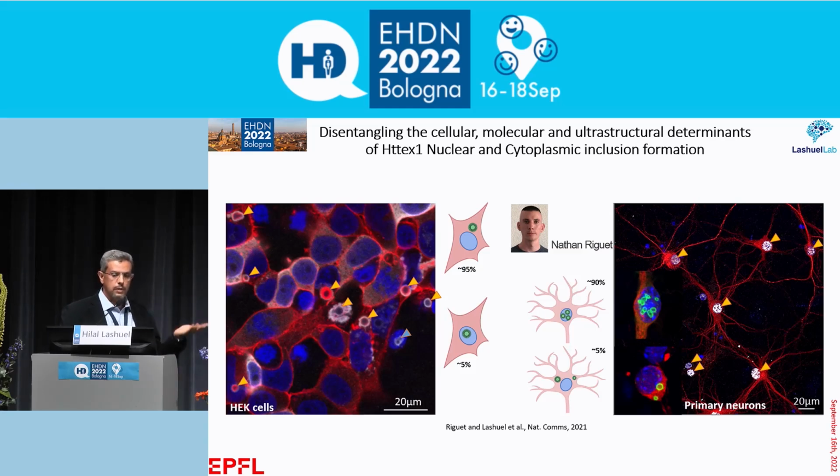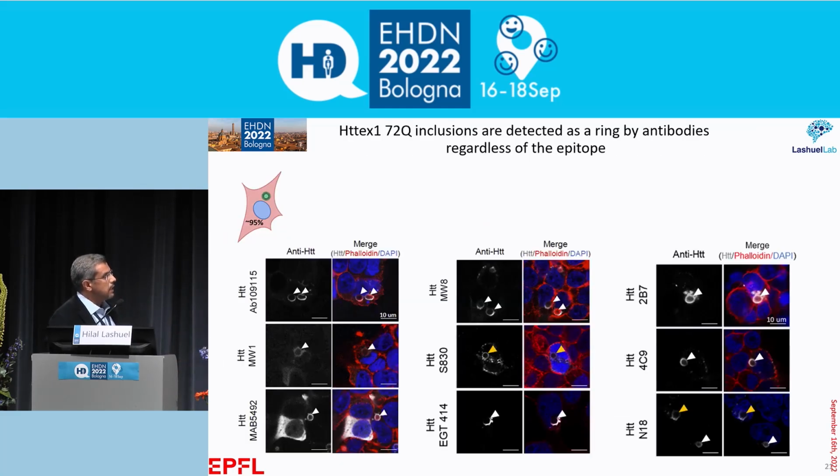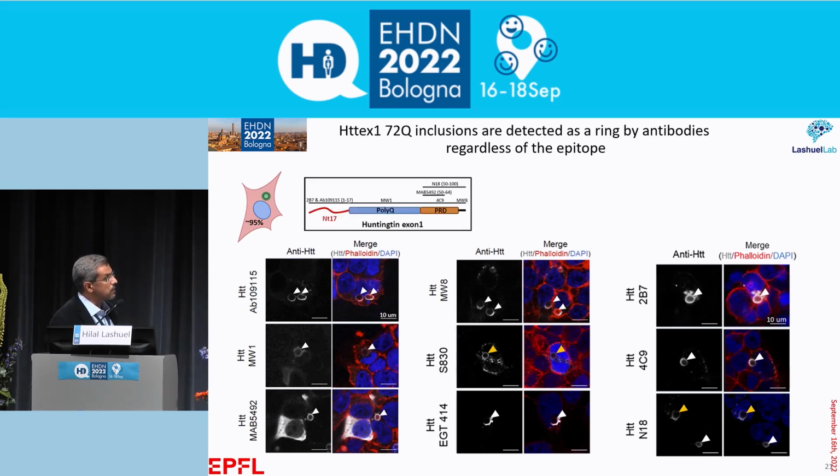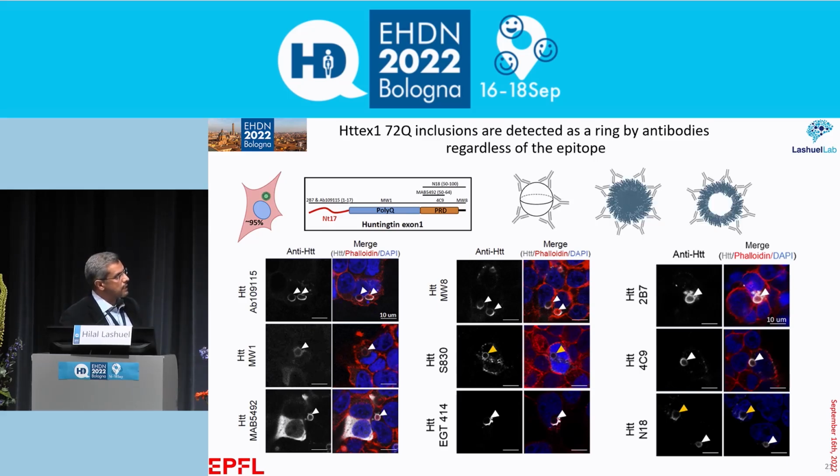To characterize this, we used a new technique called correlative light electron microscopy. I will explain it. Initially, when we looked at Huntingtin inclusions in HEK cells, we see what most of you have always seen, this ring-like organization of Huntingtin. And it doesn't matter which antibody we use, we saw the same. To us, this suggested 2 things. One is that either the aggregates are very condensed and the antibodies cannot penetrate the inclusions, or there is something different in the core and Huntingtin is only in the periphery.